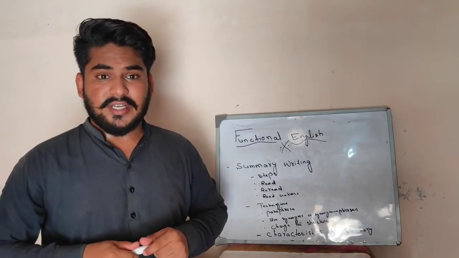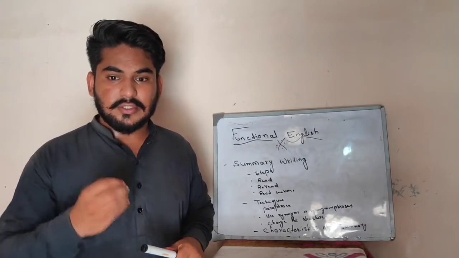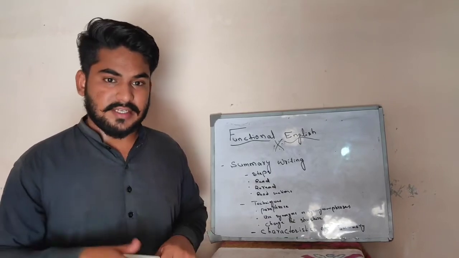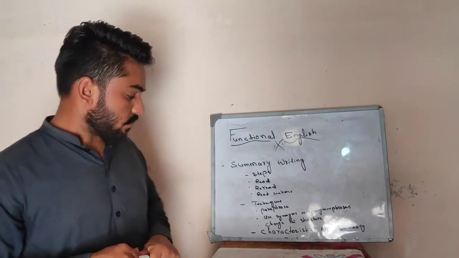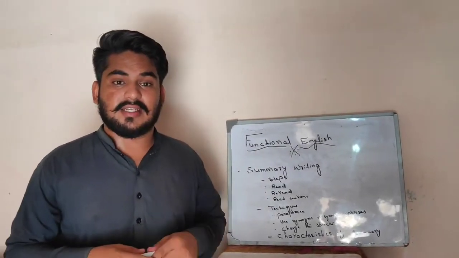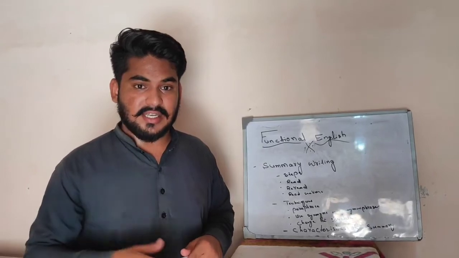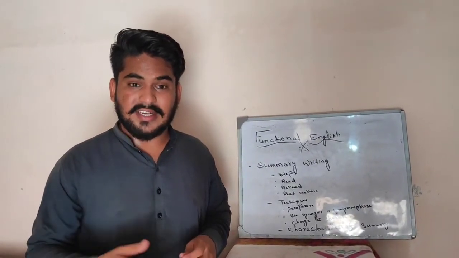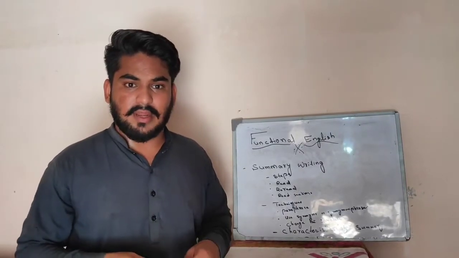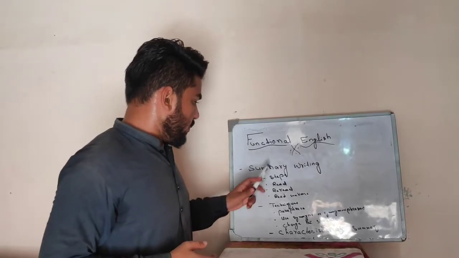Another characteristic is that the summary is a faithful reproduction of the content, true to the informational and original theme of the writing, of the article, of the chapter. The third and last characteristic of a summary is that it is brief, without unnecessary detail. Means we have to write the summary briefly, and we don't need unnecessary details. So this is all about summary writing.